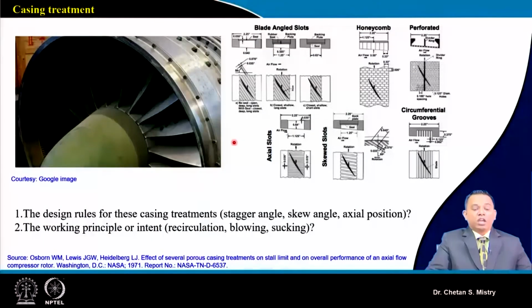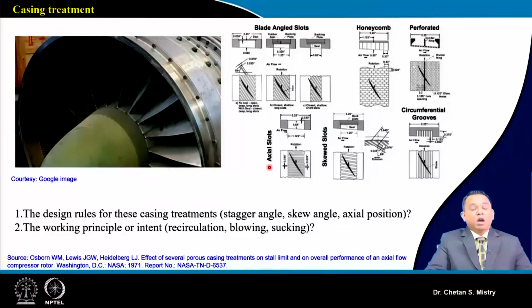Now people are talking about casing treatment. That is to enhance the operating range, with a certain compromise in the efficiency. There are different configurations people have explored. It's called, say, blade angle slot. Here you can see a blade angle or blade aerofoil at the tip region, some honeycomb section, perforated configuration, circumferential groove,